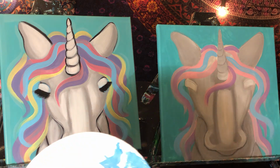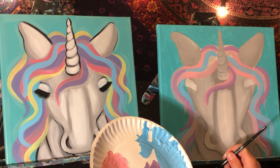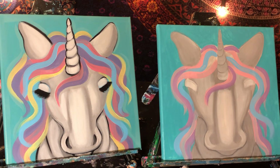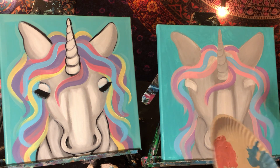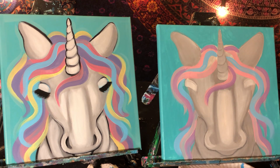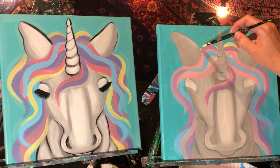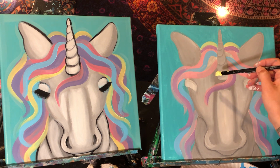All right, now I'm going to mix some yellow. So I'm going to take some yellow and put it on my plate. Then I'm going to add some white to it. My white's getting all messed up. All right. So I have like a greenish white because I got blue in it, but that's okay. That's what I'm using. All right, so I'm gonna go do this at the tippity top. Whoop, tippity top. And again, you don't have to put it where I'm putting it. And we're gonna go,